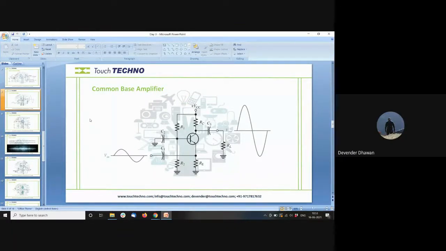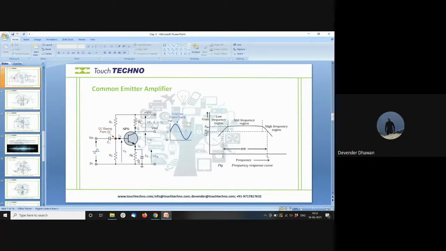Even in common emitter there are multiple different configurations. Some people put one second capacitor, or some might not use this capacitor. We also added one capacitor here. So there are multiple configurations that one can use, depending upon the application. That is up to the user. Yes.